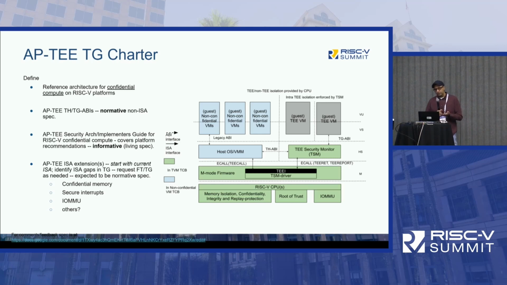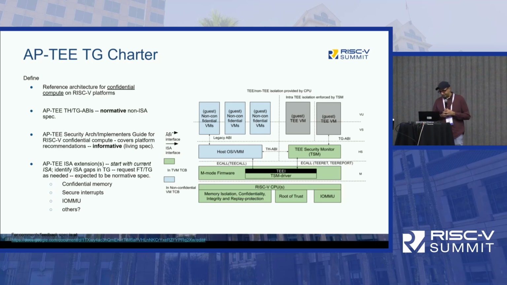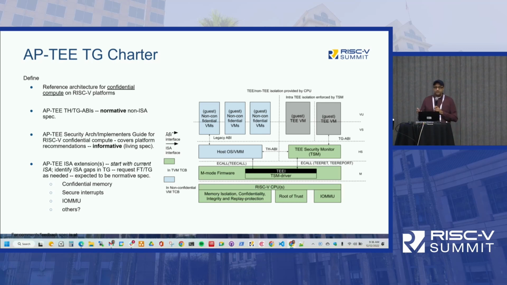And so from an application processor perspective, we chose to build on top of the hypervisor extension in RISC-V as one of the baselines for confidential compute. And again, this is not different from a lot of the other architectures that have also used that same abstraction of hardware virtualization to extend that for confidential compute. Obviously, just the ISA parts are not enough. So we started with the focus on the non-normative security recommendations, looking at the reference architecture.